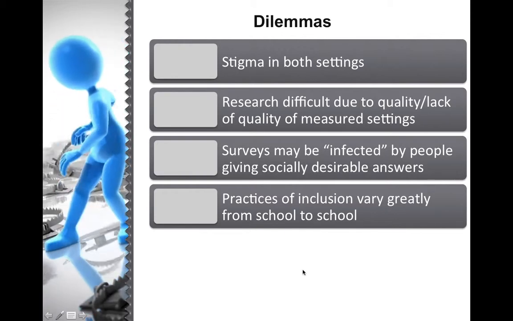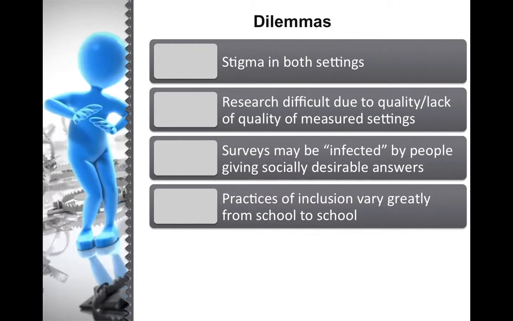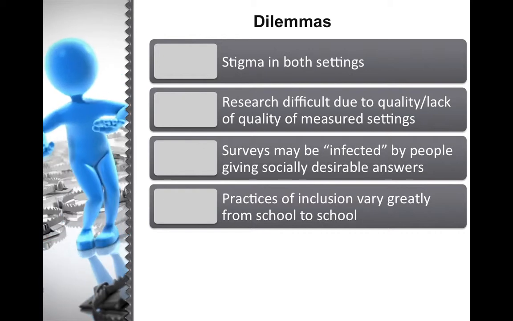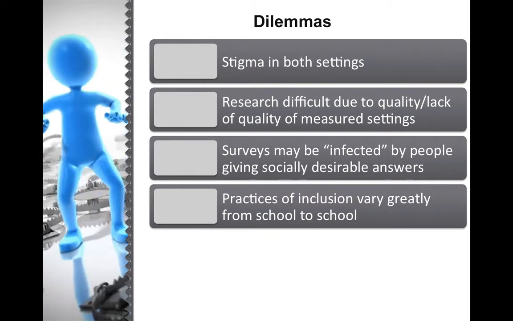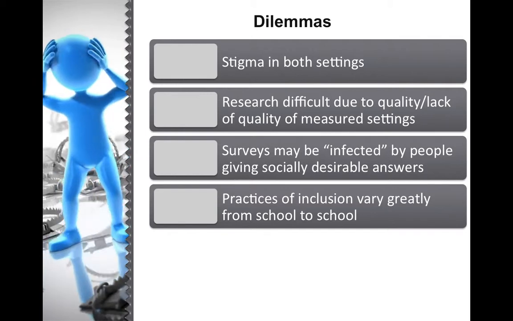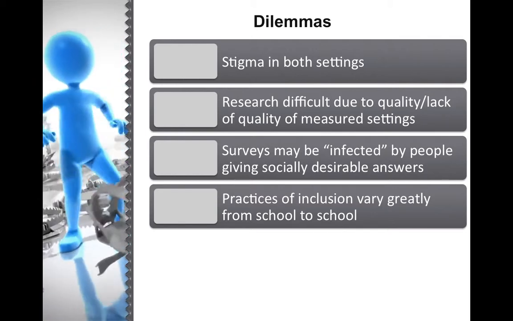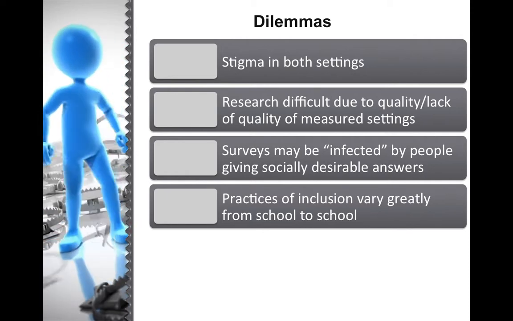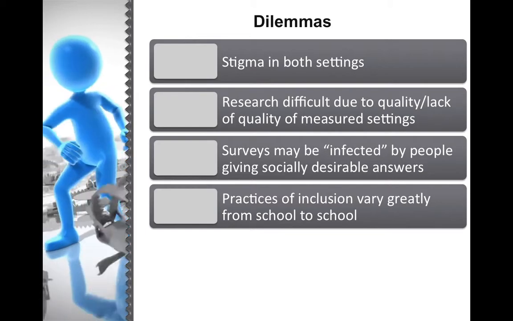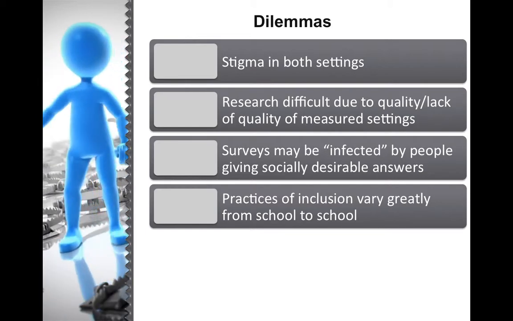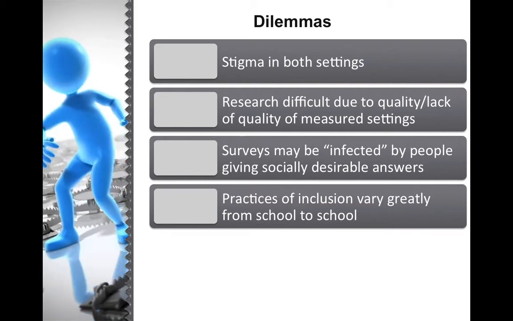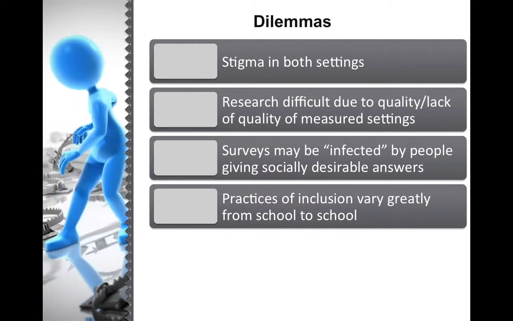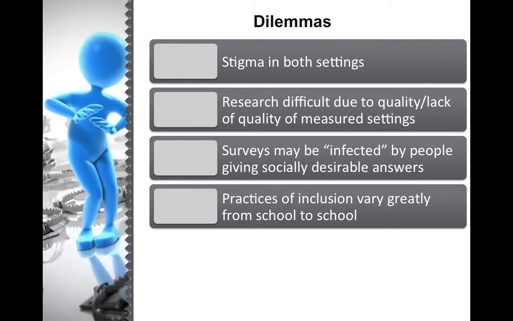Some people talk about, well, there are dilemmas, of course. Some people talk about there's a stigma of being pulled out of a classroom, but it's often very obvious who people are working with in a full inclusive classroom. The stigma is either there or not there, and we need to teach our children through disability awareness to respect all differences in abilities. I mentioned earlier that there's no good quality research on actual measured gains academically in full inclusive classrooms because there's so many different models.